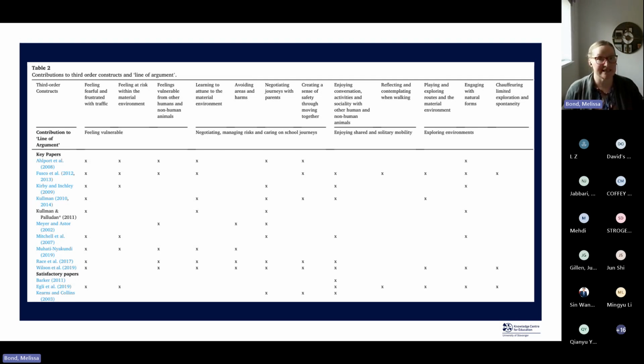What you can also clearly see here with this particular table is that through their quality appraisal of those studies, they've been able to separate these findings by what they've called key papers, which I imagine would be those studies that were judged to be of a higher quality, as opposed to those that are considered satisfactory. And then further below, which you can't see on the screenshot, would be perhaps those that they consider lower quality. So very easily, people are able to see where the higher quality evidence is and perhaps where you might give more weight to the evidence that they found.